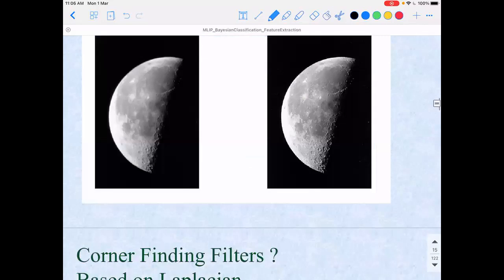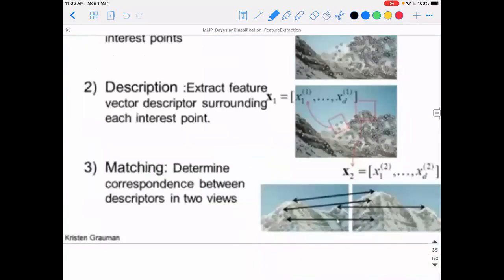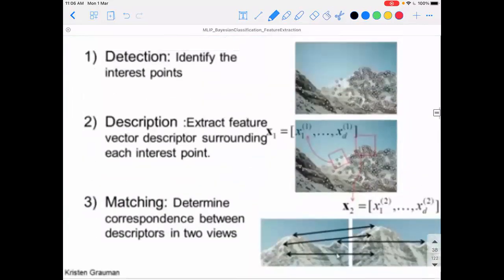Assume that this is the scenario I'm talking about. Assume that we have two images wherein there is some common region from image 1 to image 2. I want to make a stitching of them to make a panoramic view. This is one such problem. Or I want to identify, say, where the peak of a hill is. In different images, I want to find out the peaks of the hills. That's a different problem.